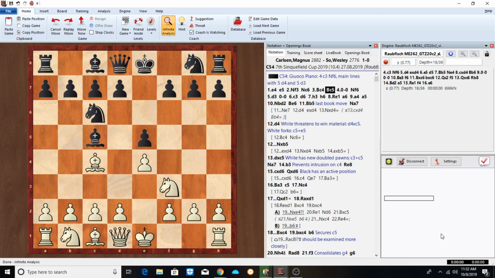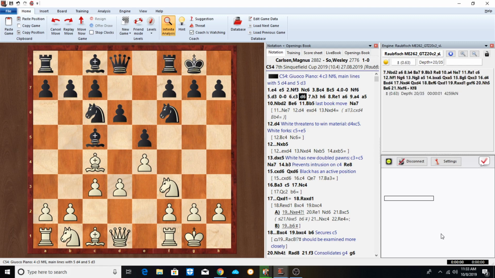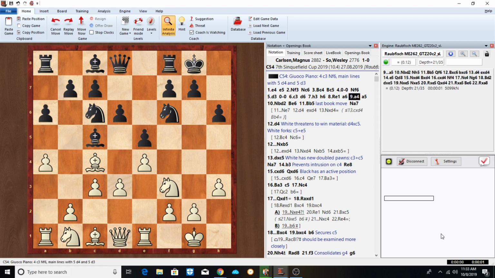Bishop C4, Bishop C5, standard moves, castle, Knight F6, attacking E4, D3, protecting, castle, C3, D6, H3, and H6, preventing both bishops from coming to the G file, from attacking, Bishop G4 or Bishop G5, pinning the knights. Rook E1, A6, A4, stopping B5,